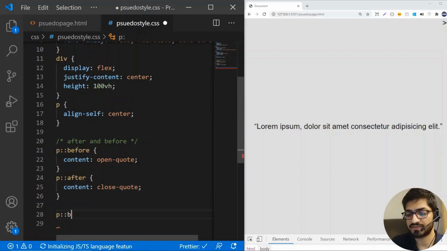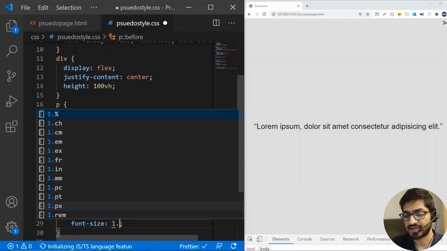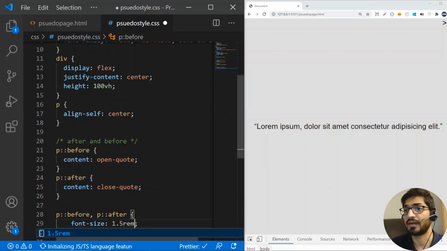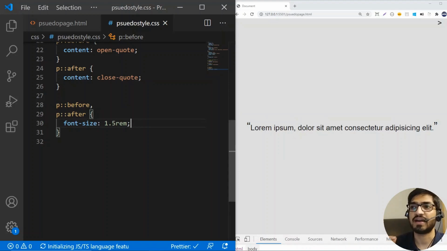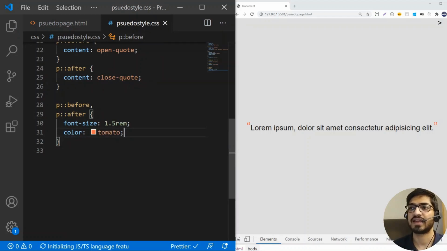And I want to give some common styling to both the before and after quotation mark. I can change the font size. So let me give a font size of 1.5 rem. So now you can see that we have these quotation marks, and we actually can change the color of these quotes as well. So if I give the color, then the color of the quotation marks is changed. This is one of the scenarios where the pseudo elements are very helpful without using anything on the HTML